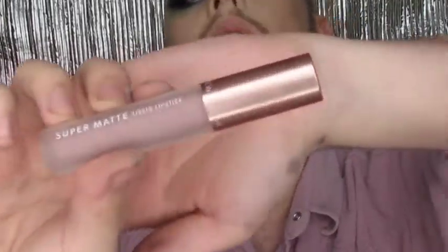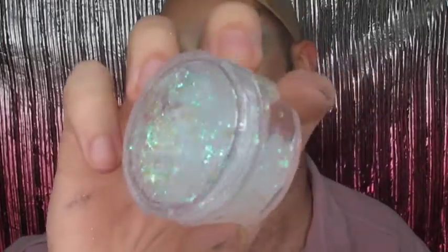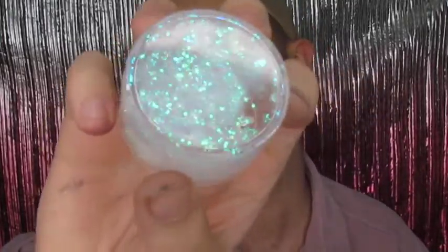So for lips, I'm going to take the Super Matte Liquid Lipstick from New Look. This is in the shade Mink. This is so pretty. So all that's left to do now is just going to draw on like a little eyebrow and then beard. So off camera I just did my eyebrows dead quick, and for the beard I'm going to go in with this pot of body glitter. This is from Home Bargains. It's literally like 99p. So I'm just going to dip in with this like concealer brush. I always take off what's left in the lid first, so you can literally just...